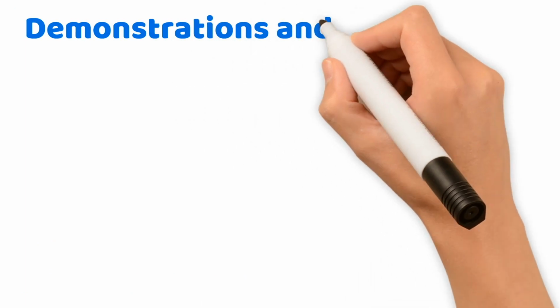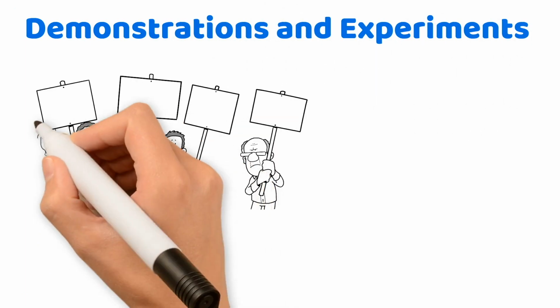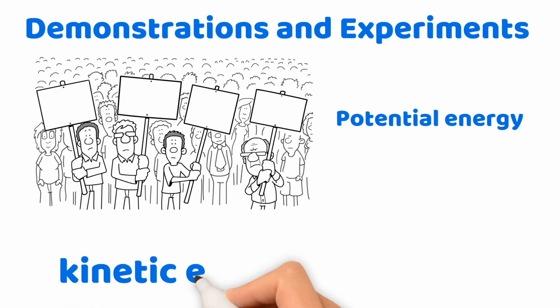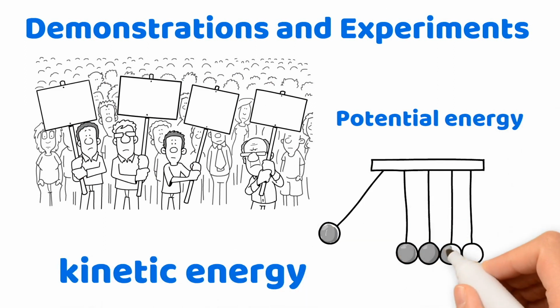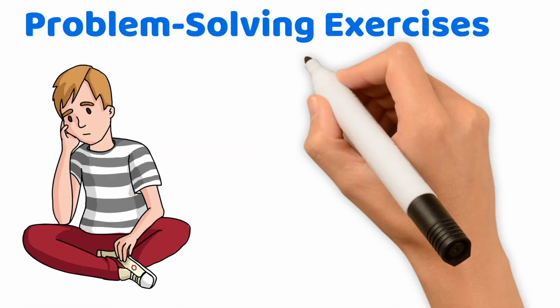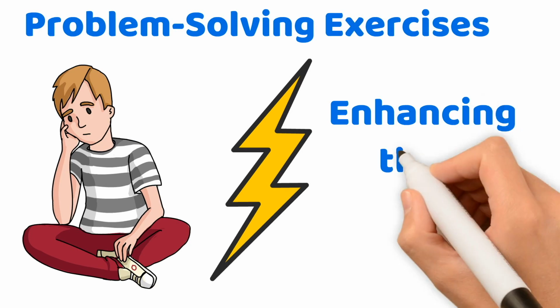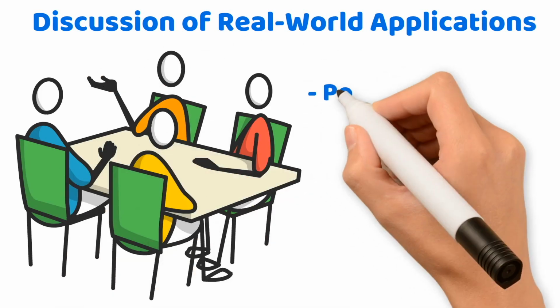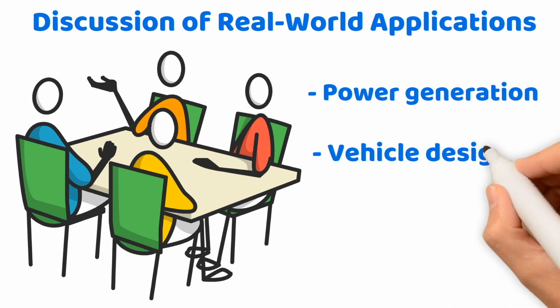Demonstrations and experiments. Use practical demonstrations to show energy transformations, such as converting potential energy into kinetic energy using a pendulum. Problem-solving exercises. Engage students with problems that require the application of the conservation of energy, enhancing their analytical skills. Discussion of real-world applications. Discuss how these principles apply to real-world scenarios, such as in power generation, vehicle design, and